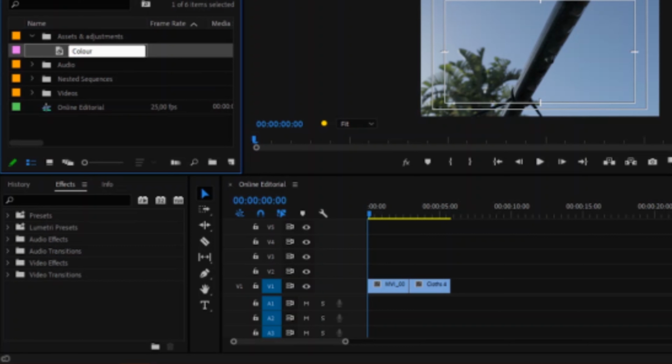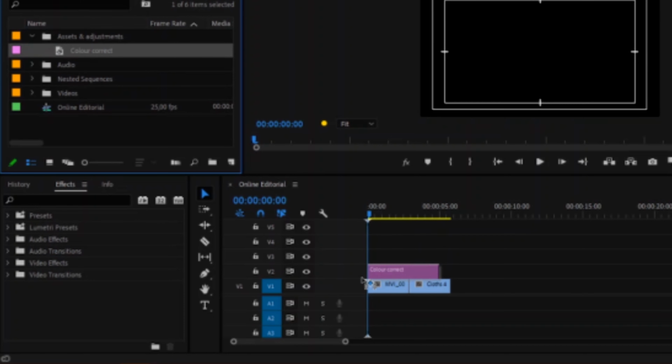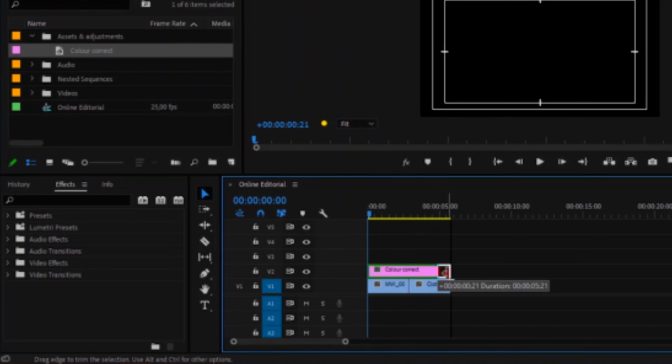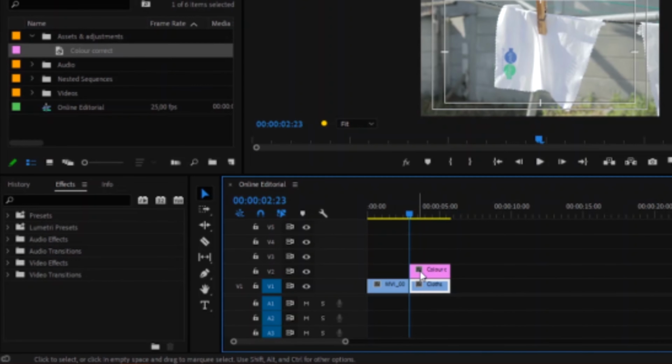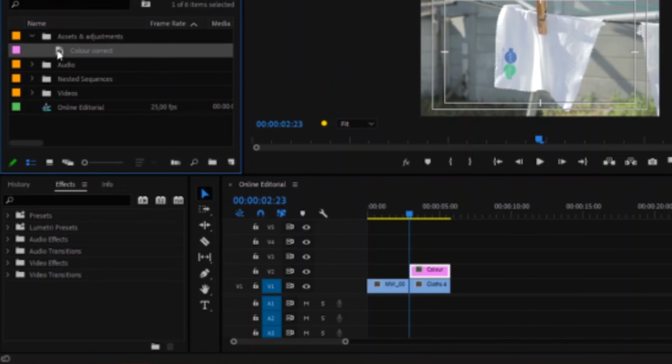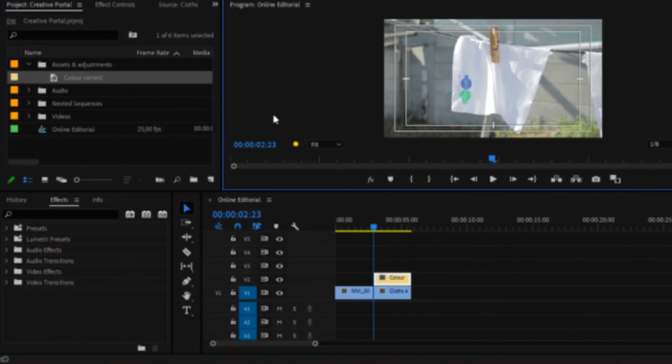This adjustment layer is basically to give our clips a bit of color. Since I shoot my footage a little bit flat, this also will give you an idea on how I quickly color my footage. Let's give that adjustment layer a different color.